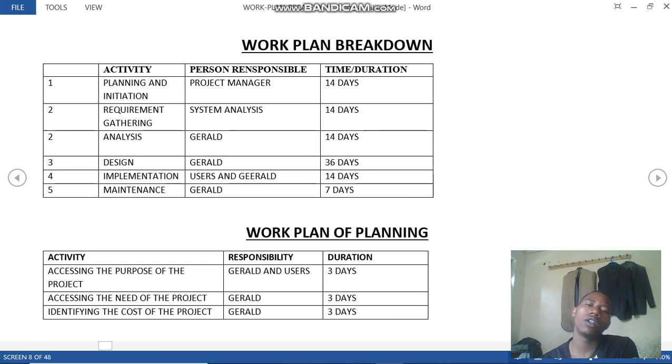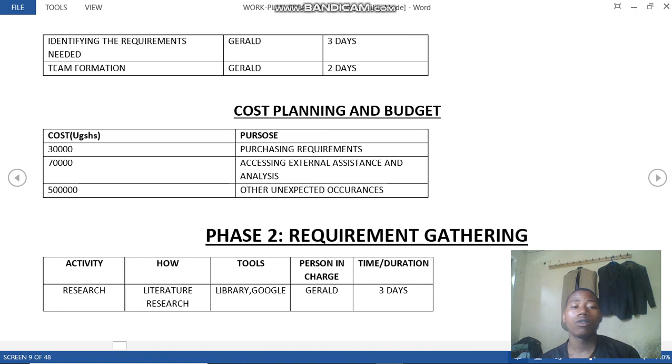So we go to the planning phase. The planning phase has, as I said, 5 subtasks. One is assessing the purpose of the project, assessing the need of the project, identifying the cost of the project, and very many others. The cost was estimated because for prototyping, you don't know the number of resources available, so you cannot be clear on the cost